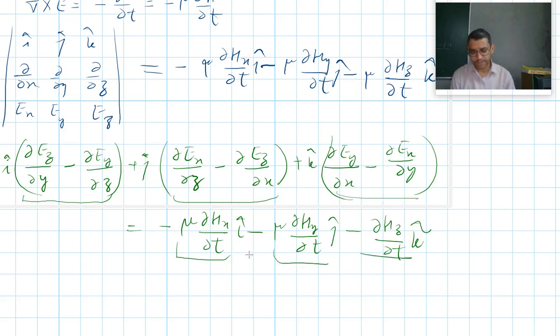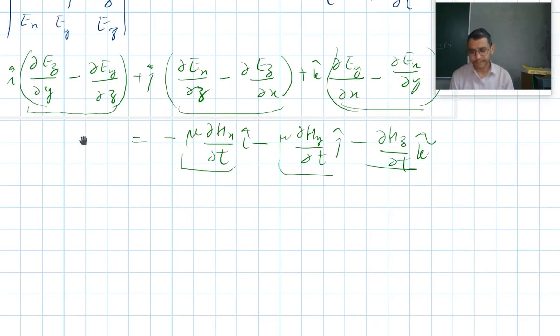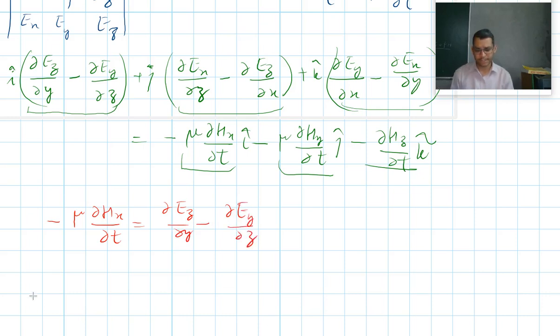So that means I can write down that minus mu curly Hx over curly t is equal to curly Ez over curly y minus curly Ey over curly z, and